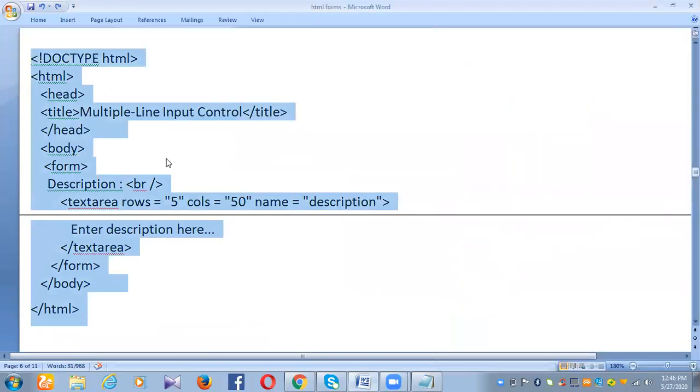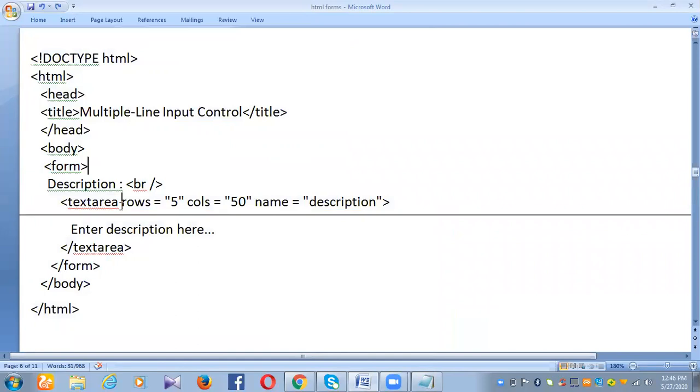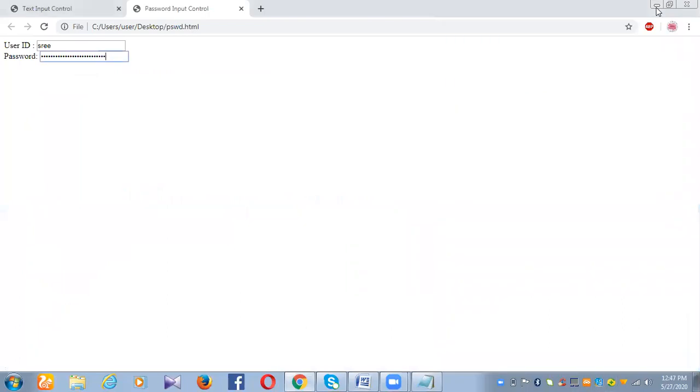See here, in the text area, we have given rows is equal to 5 and cols is equal to 50 and the name is equal to description. And once that is formed, under that "enter description here" will be included. Okay, let me show you the output of the same.